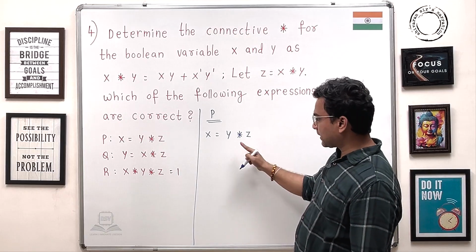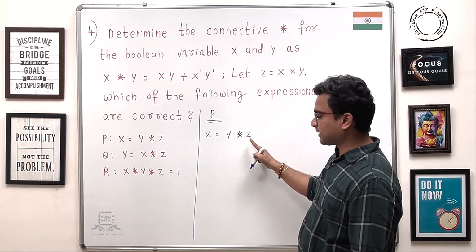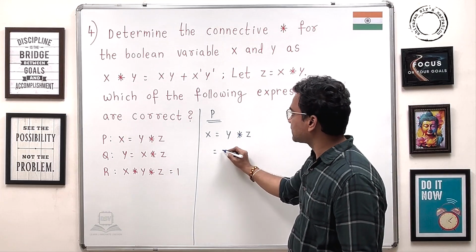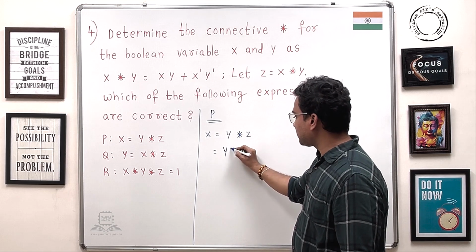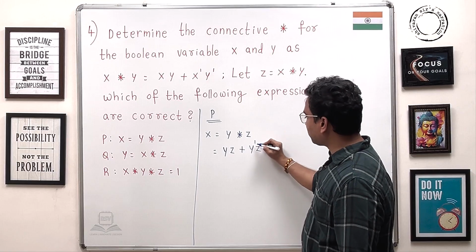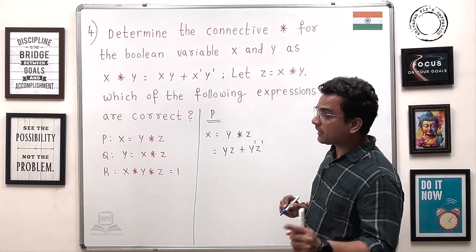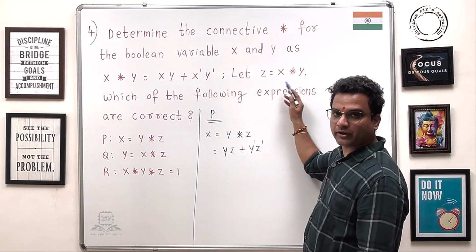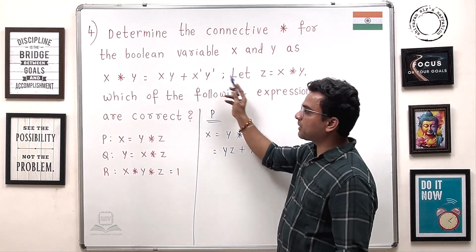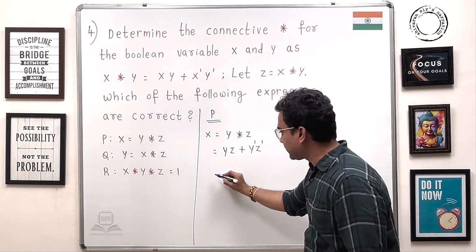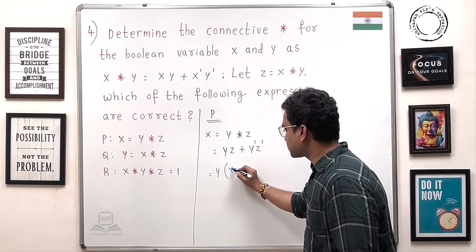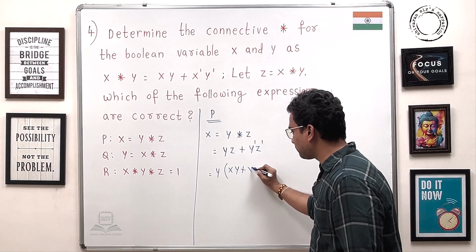Yes. Now similarly here also y asterisk z, you can write in the same form, that is yz plus y bar z bar. However guys, what is z? xy only, x asterisk y. What is x asterisk y? xy plus x bar y bar. So we'll substitute here also, it is y into xy plus x bar y bar